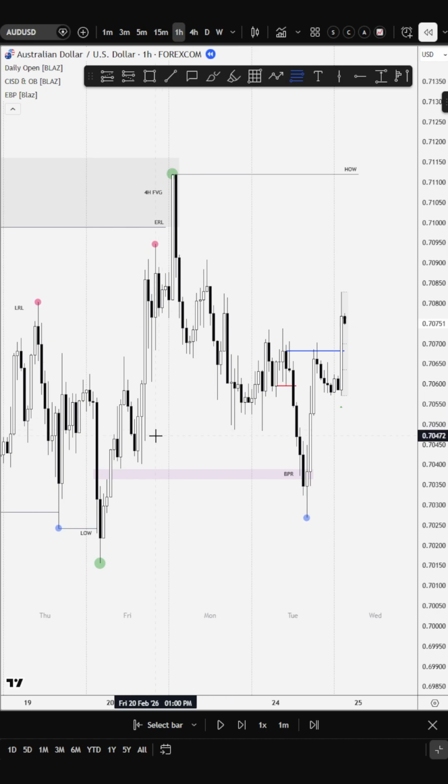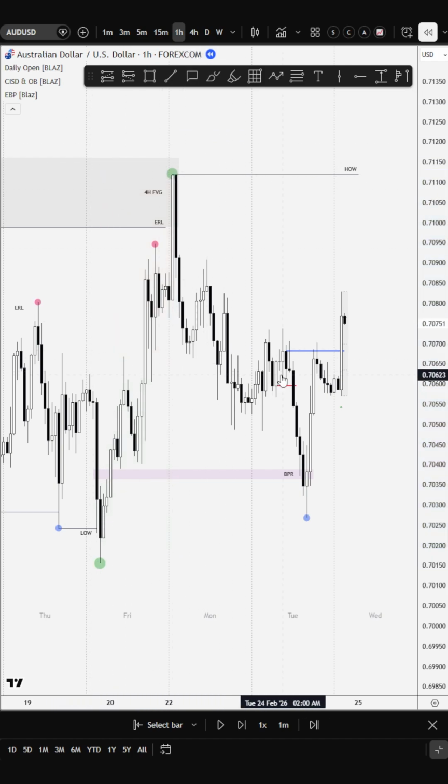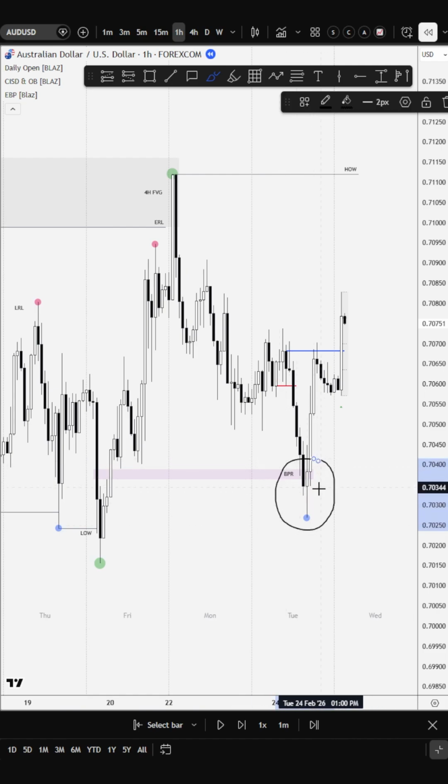What do we have in this case? We have formed this dealing range from this high to this low, with our 50% level there. Price has dropped below the 50% level into the discount. What do we have at this discount? We have this PD array, the balanced price range, where price came into it